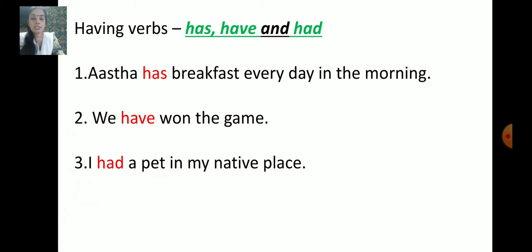Our next verb is having verbs, like the words has, have, and had. Now let's read the example sentences. Number 1. Asta has breakfast every day in the morning. Number 2. We have won the game. Number 3. I had a pet in my native place. So the words has, have, had,